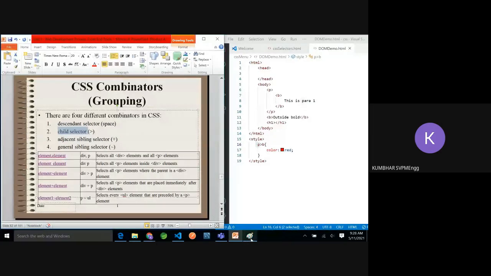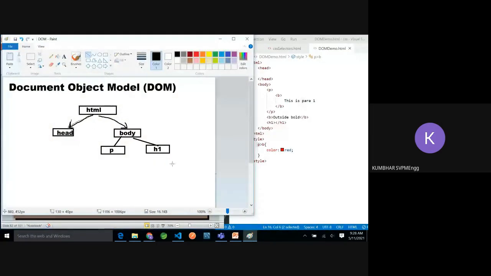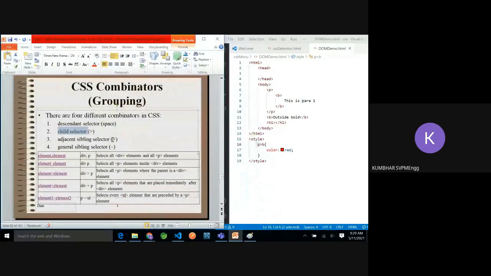Then the adjacent sibling selector. If you go with this DOM, head and body are adjacent siblings, because siblings means their parent is the same, which is HTML. P and H1 are also adjacent sibling examples, and there you have to use the plus, like element plus element.